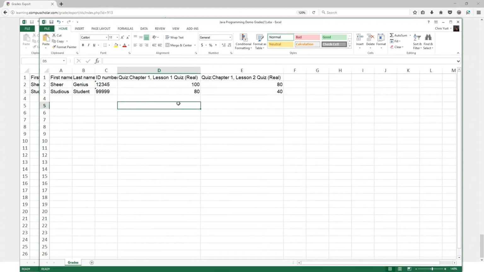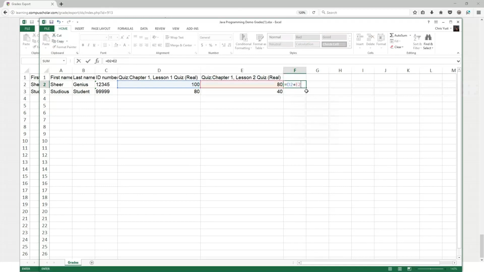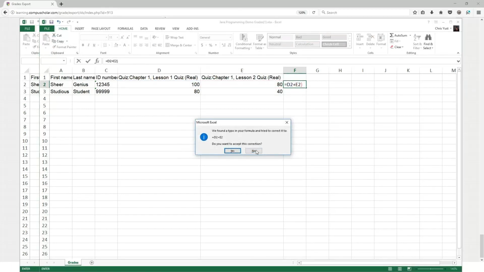Okay, so if you actually wanted to import an average of these things into your student information system, just use the power of the spreadsheet. You can type in a formula here or use the little buttons up here to create a formula. So there's probably a dozen different ways to do this in Excel. We'll just be very, very simple here. Equals D2 plus E2, and we want that whole quantity